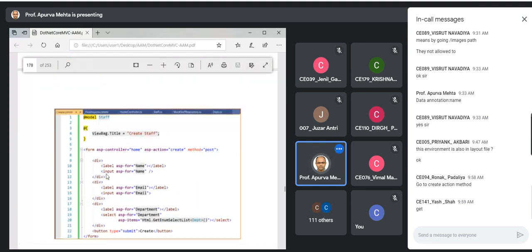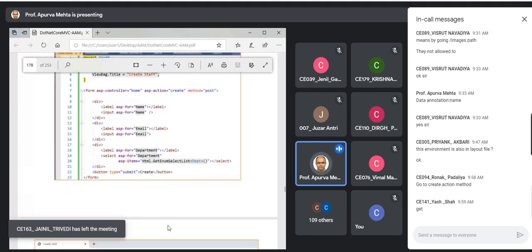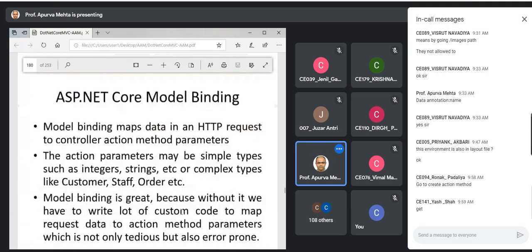That how, by specifying these ASP items, the input selected by user or the input provided by client will map with our model data. Okay. And then those values are passed to the corresponding action method in the controller. Okay. So that is model binding. So let's see how that happens. Sorry. So the model binding,